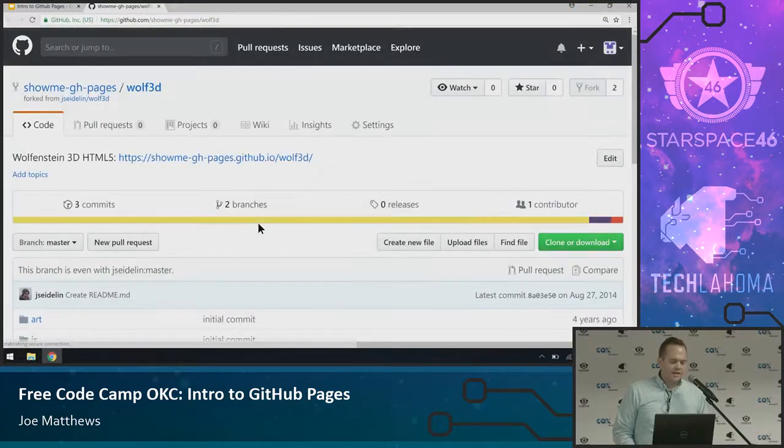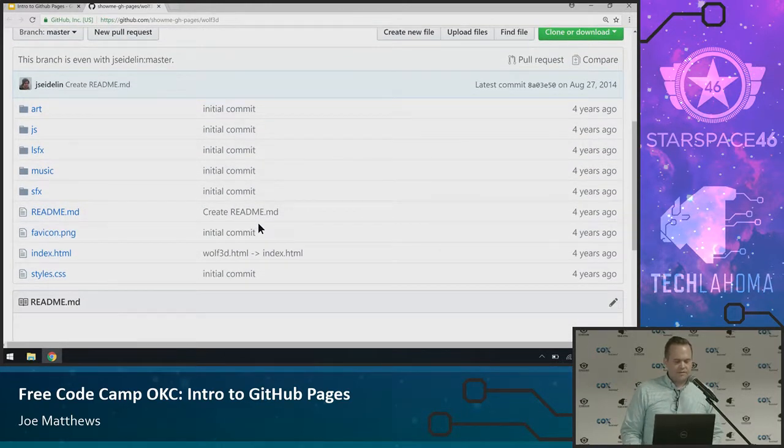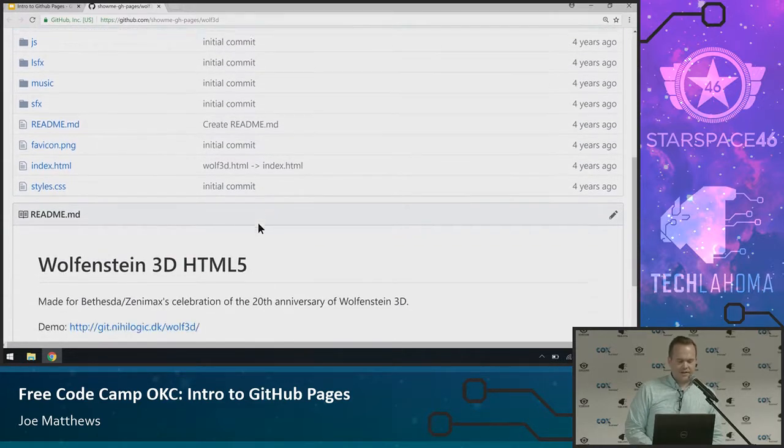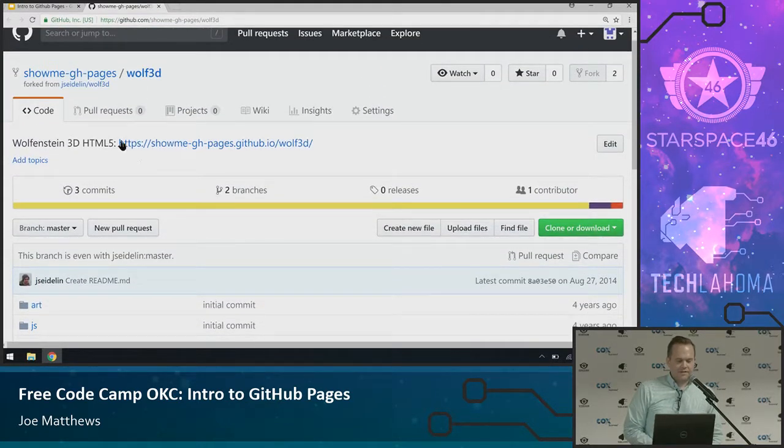So we're playing these on old Macintoshes. Color monitors were just a brand new thing, and this game was the game back in that day. And so click on this, and I do believe this was originally created by either Bethesda or id for an anniversary of Wolfenstein 3D. I don't know too much about it. The README file is a little cryptic. I forked this again, and this time it's from Jacob Seidelin, and